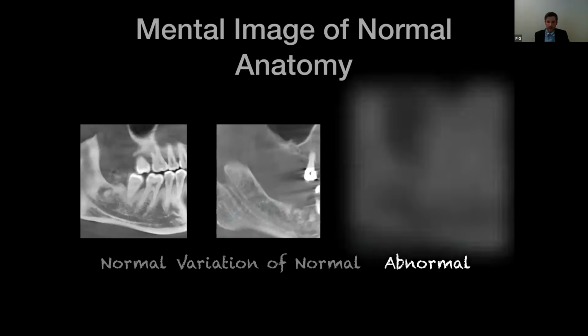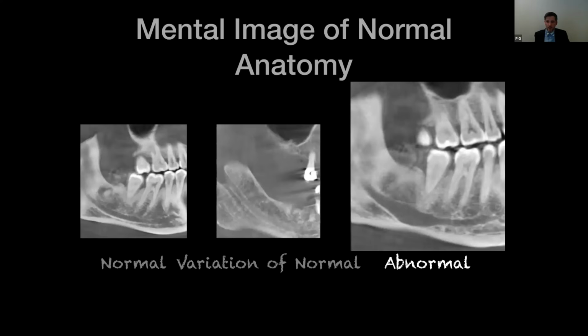And then lastly, here's an example of an abnormal finding. So here we see the mandibular canal actually looks dilated, and it looks enlarged in this one particular area. So we see the normal contours of the canal here, and then it widens before tapering down again and having a more normal diameter. So this would be considered abnormal. So there is pathology within that location of the canal.